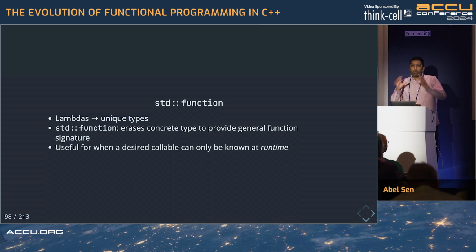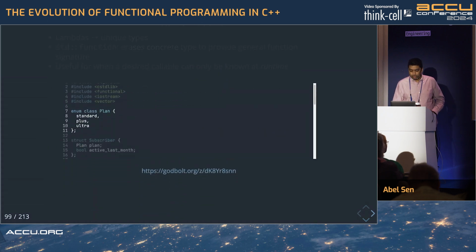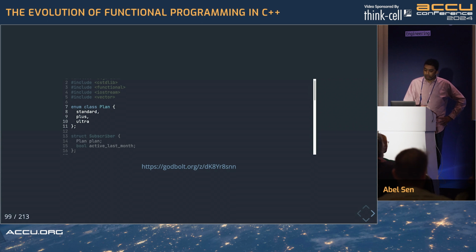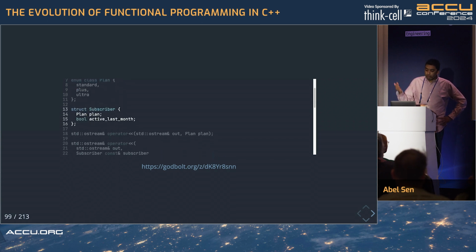And if we don't know what type of callable we're going to return to a user ahead of time, std::function gives us the ability to generalize any such specific type into a uniform interface describing the input and output. So here I'm discussing an example inspired by streaming services. I have an enum class Plan with standard, plus, and ultra variants. A subscriber is represented by a variable plan of type Plan and a member variable active_last_month of type